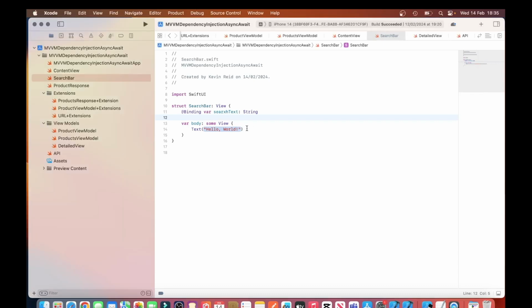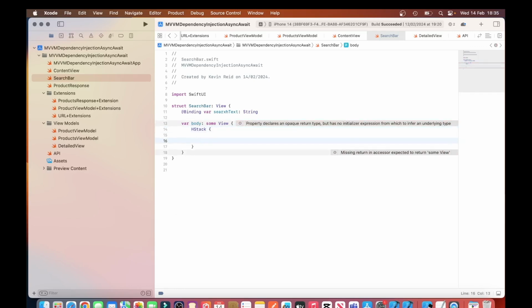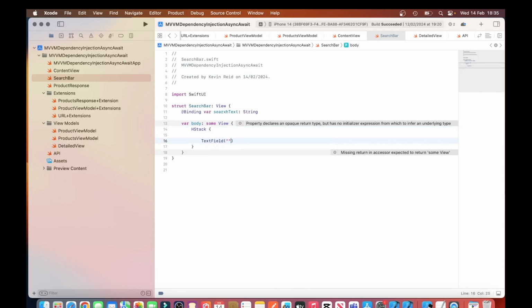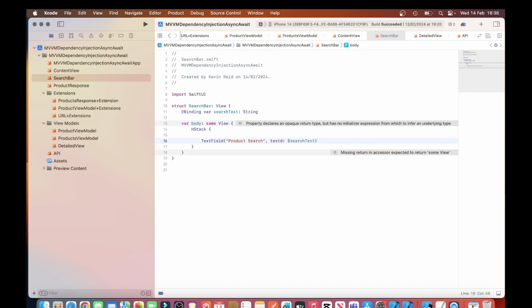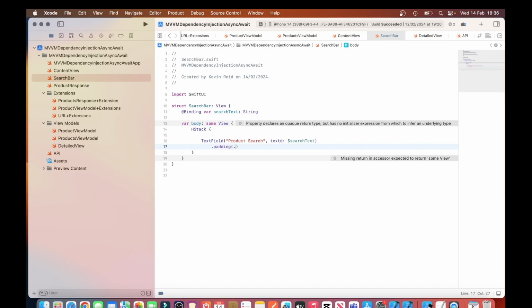Within our body, we need to delete the text, which is on line 14. Create an HStack, text field, product search, text, $search text. Add a bit of style, padding, vertical, 10,